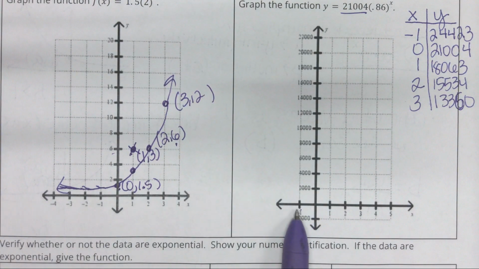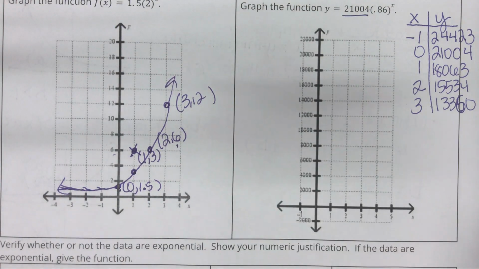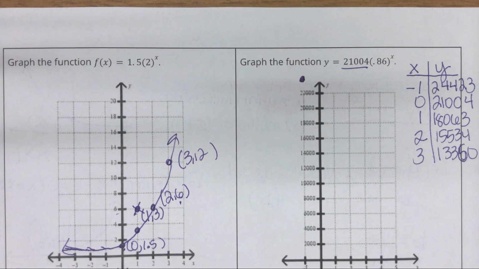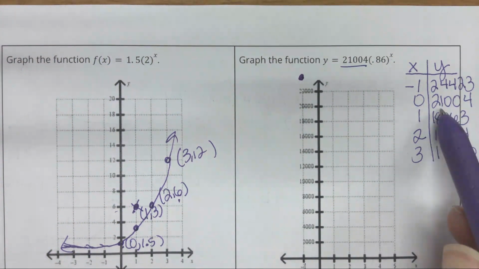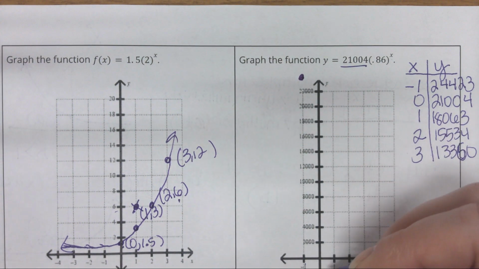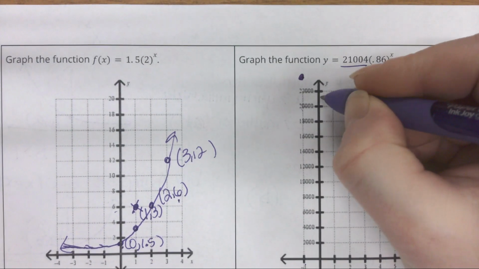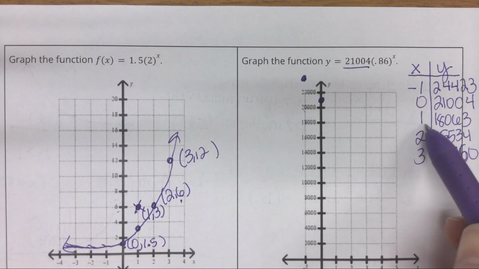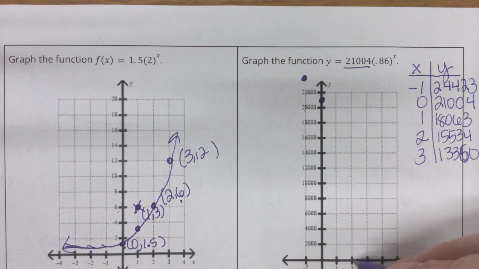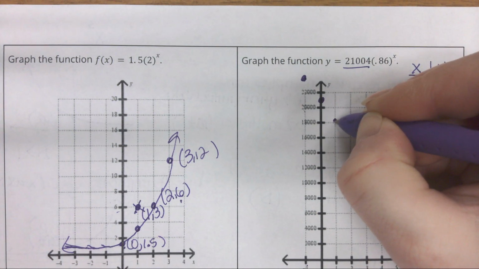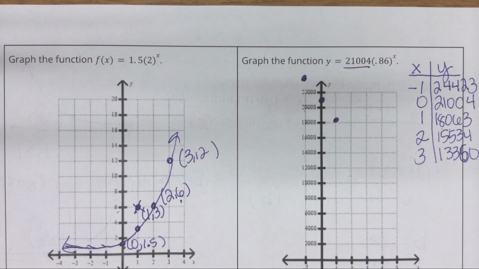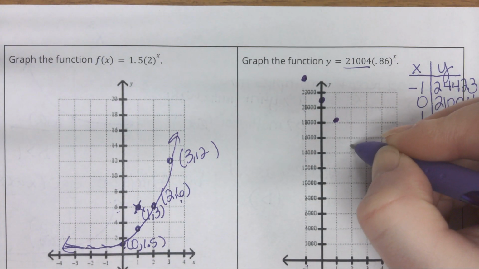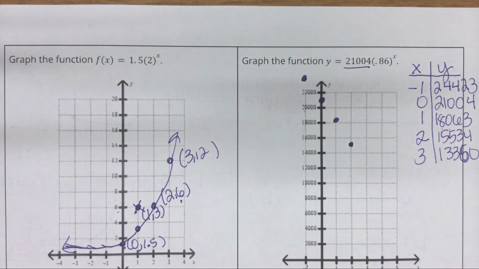So when I'm looking at the -124 something, it's going to be way up here. I'm just going to, doesn't have to be exact, okay? 0, 21,004. Well, here's 20,000, here's 21,000. I'm going to just put it right there. 1, 18,063. So I'm going to put that slightly above the 18,000 mark. 2, 15,534. So I'll try to go slightly above where I think 15,000 is. And then 3,